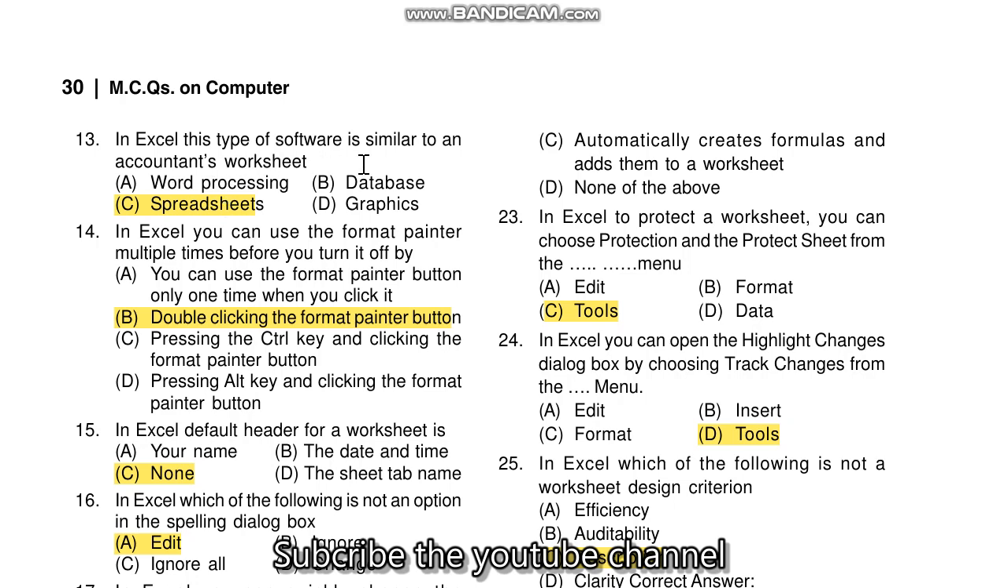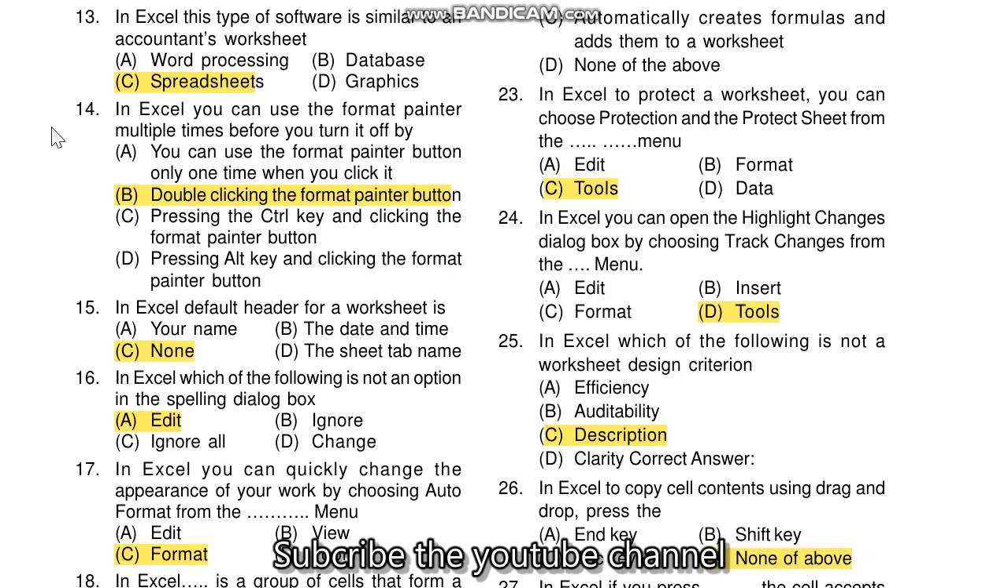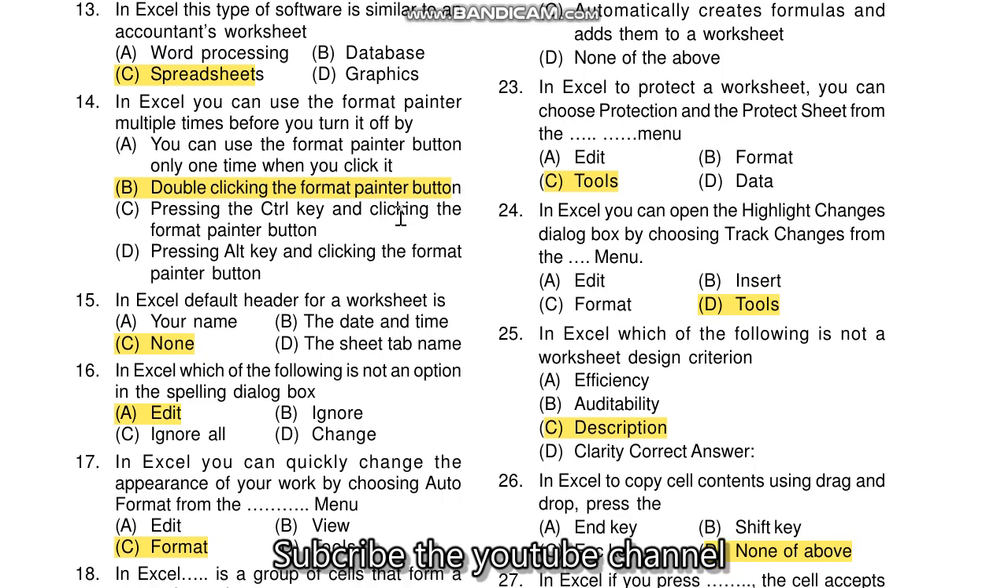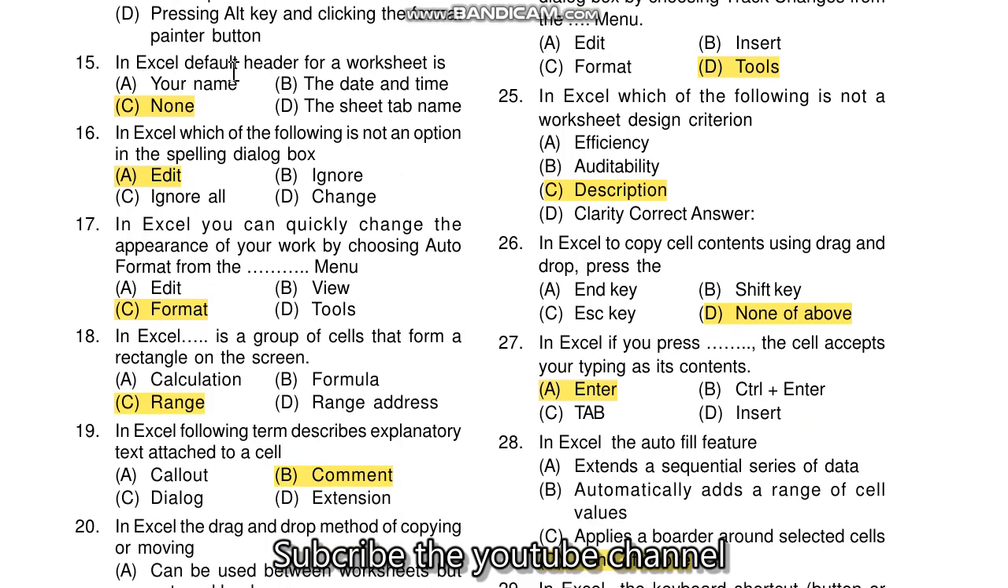Excel this type of the software is similar to an accountant worksheet, separate sheet कहलाते हैं। 14 question, in Excel you can use the format painter multiple times before you turn it off by the double clicking the format painter button कहलाते हैं। Question number 15, in the Excel default header in the for the worksheet is none। 16 question, Excel which of the following is the not an option in the spelling dialog box edit कहलाता है। 17 question,